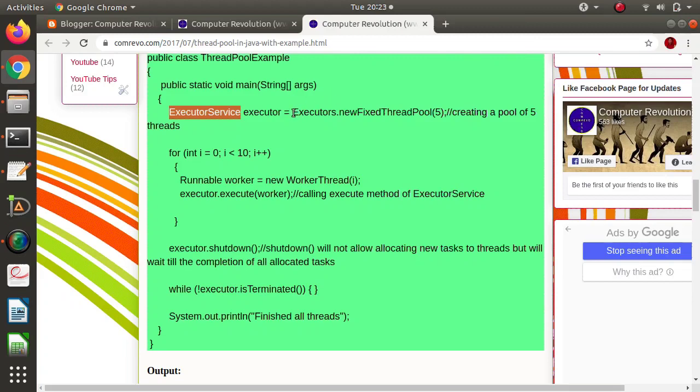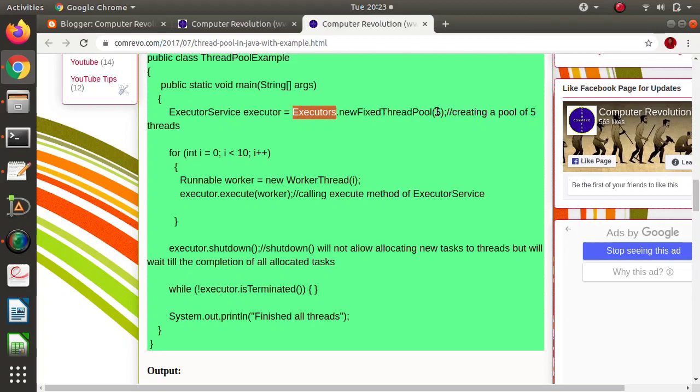So its implementation is provided by this. This is the class used, Executors, and this is a method, newFixedThreadPool. We are calling this method by using this class name. As it is a static method, we can call it directly by using the class name.